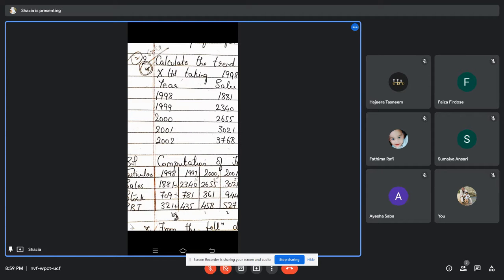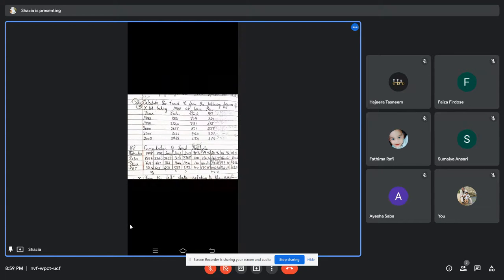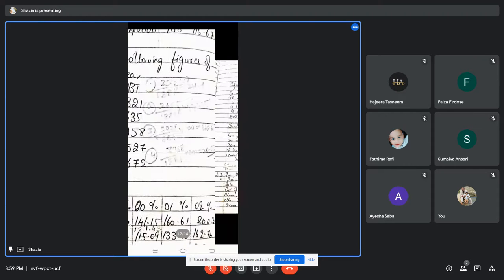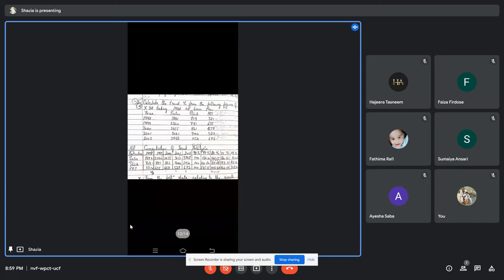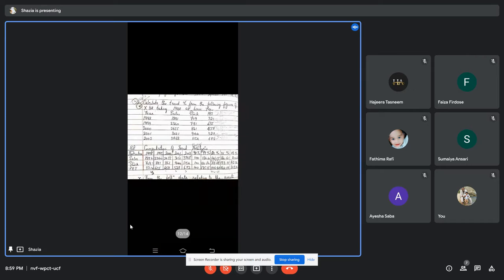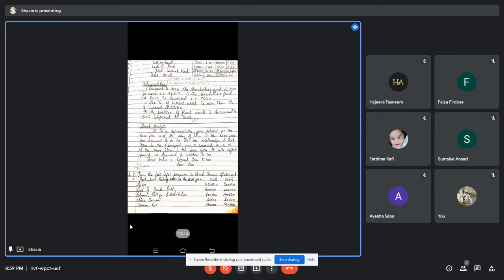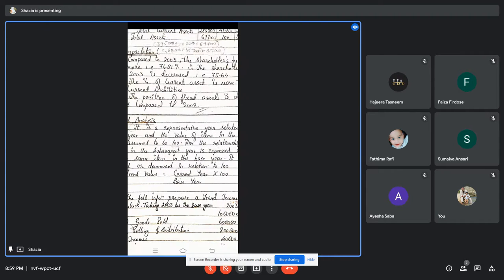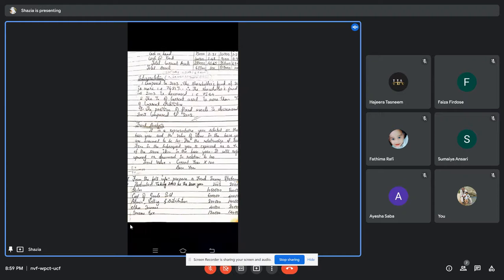I don't have to explain you again. Anyway, the calculation was done here, but it has not come out clear. So kindly practice this. Okay, it is easy. You will be able to do it. Refer to this also, and refer to this also. Do this problem from the notes, and write the formula also. For the formula I've given you like this. If you want, you can also refer to the definition. Okay, refer to the definition.